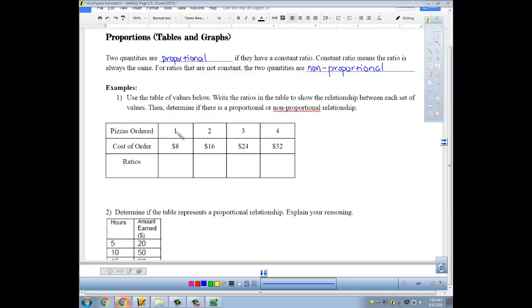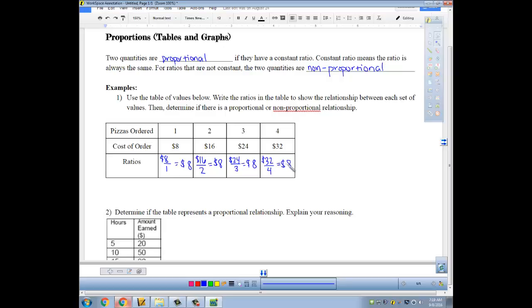So here our table tells us how many pizzas we're ordering and what the cost of those pizzas are. So the ratio, if you order one pizza, it's going to be $8 over 1, which is $8. So if you can simplify, please do. And then if we order two pizzas, our ratio is 16 over 2. 16 divided by 2 is 8. If we order three pizzas, it's $24. So 24 over 3. 24 divided by 3 is 8. The last one, 32 over 4,